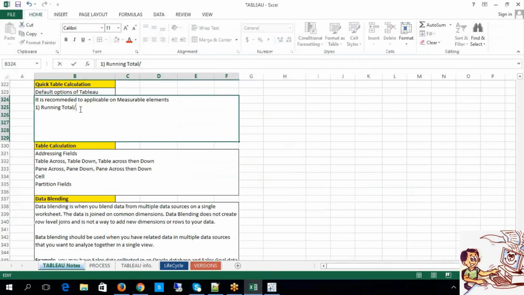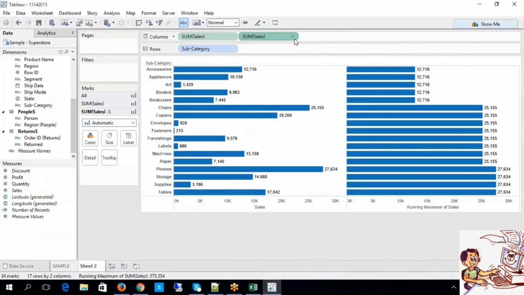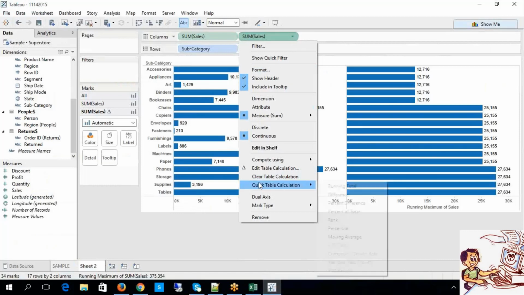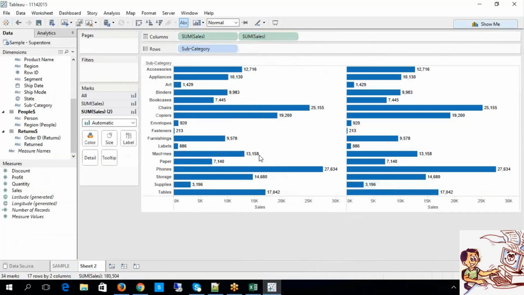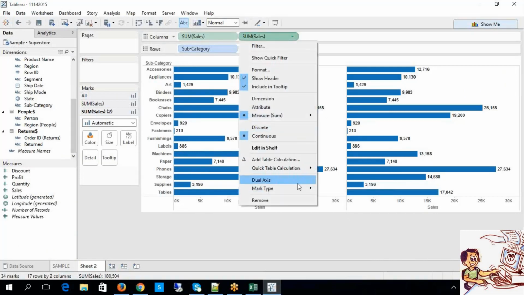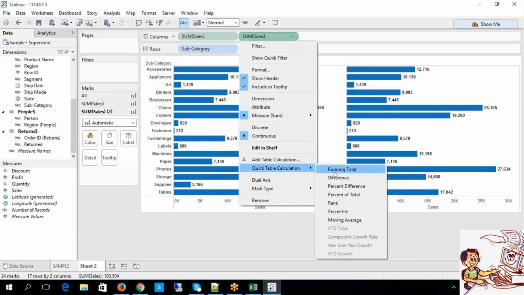You can perform not only running total but also running average, running max values, running minimum values. These can be performed. And if I want to delete this, it is quite simple: clear table level calculations. That's it. So in this way, we can perform running total.